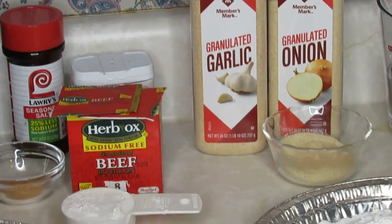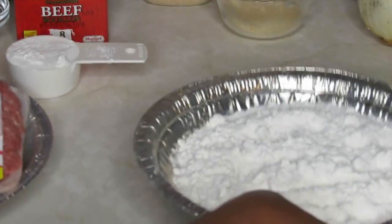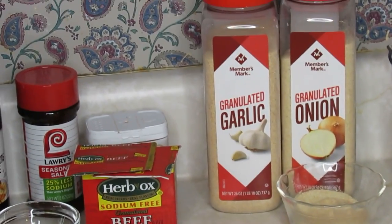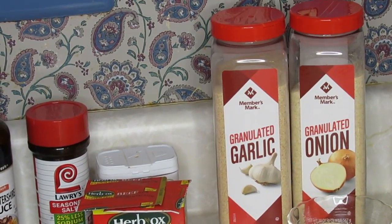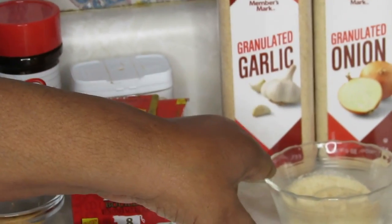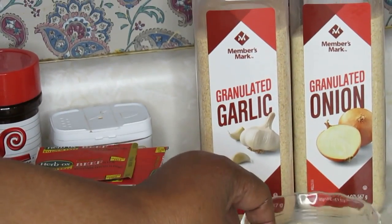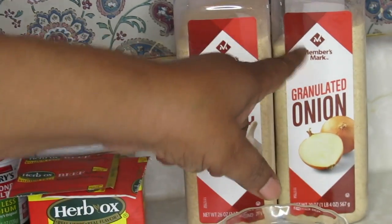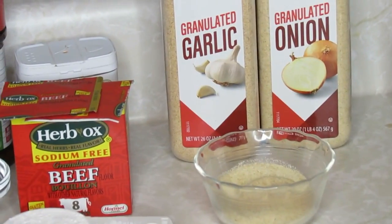And this is just some flour. I'm going to set this out the way because I probably need more than this. But this is some flour. I'll show you when we use that later on in the recipe. Okay. And this container, I have about 2 teaspoons of the granulated garlic and 2 tablespoons of the